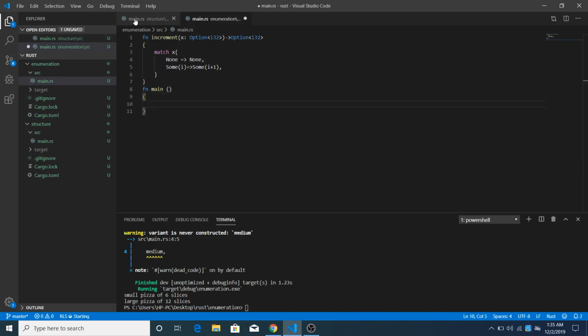In the main function I say let five is equal to Some(5), let six is equal to increment(five), let none is equal to increment(None). Okay, and after that print